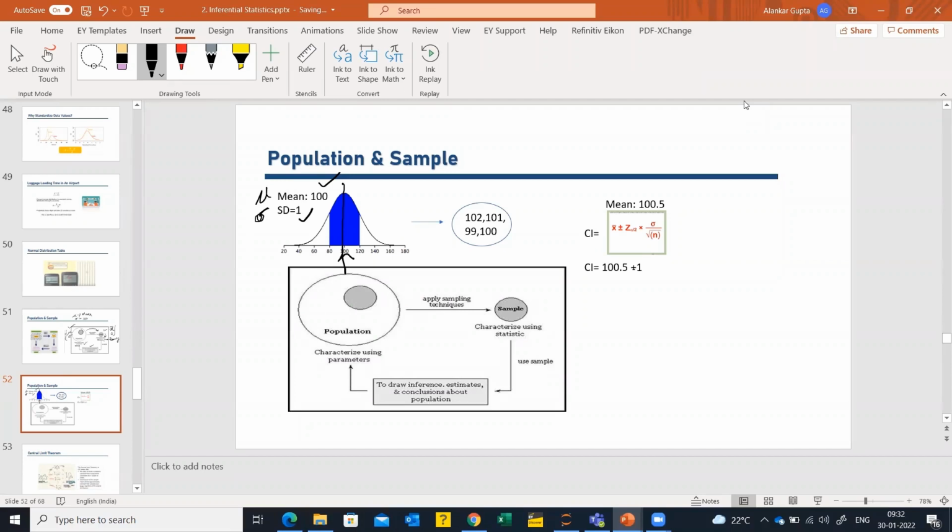And from this population, I have drawn certain samples, right? I went to my factory and I have drawn 4 cloths. One had a length of 102, the other was 101 millimeter, the other was 99 millimeter, and the fourth one was 100, right? So what do I do to calculate the mean of the sample? You can simply add all the 4 and divide it by 4, right? So your mean will come to 105, which is actually X bar. I hope I'm making sense here. This is my X bar based on this mean.